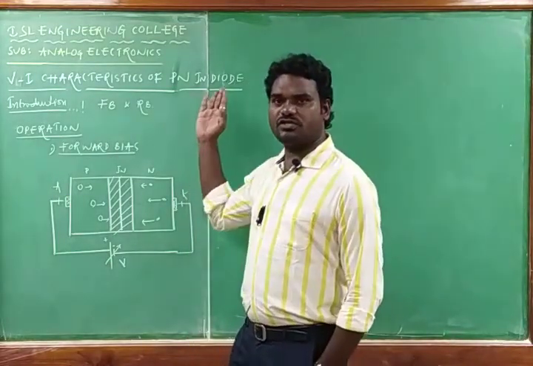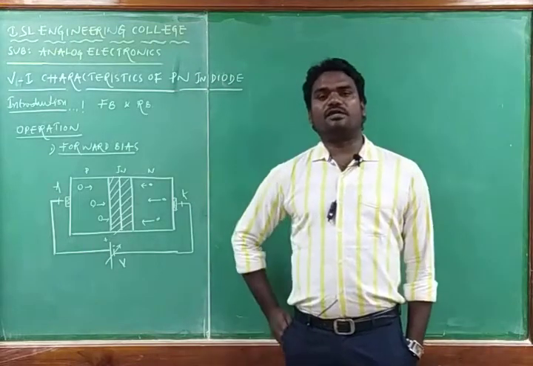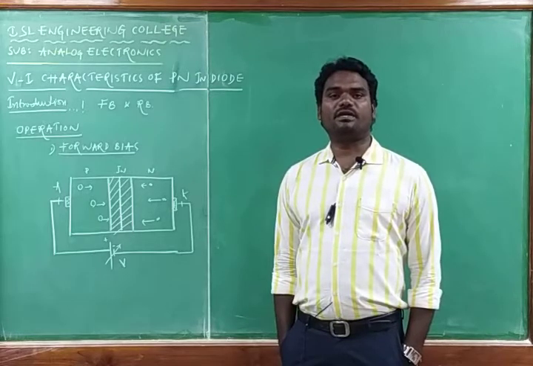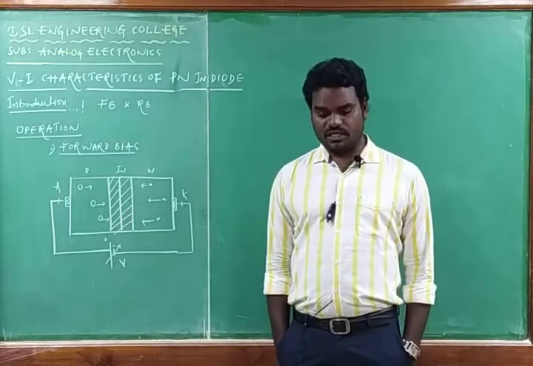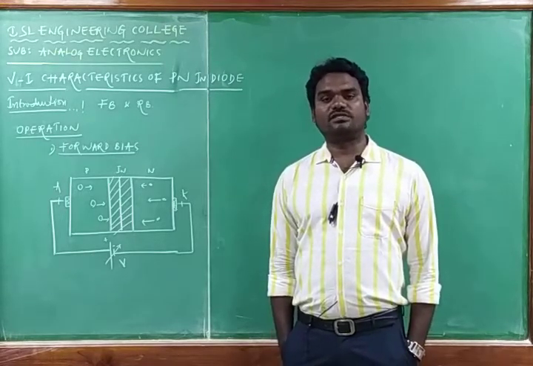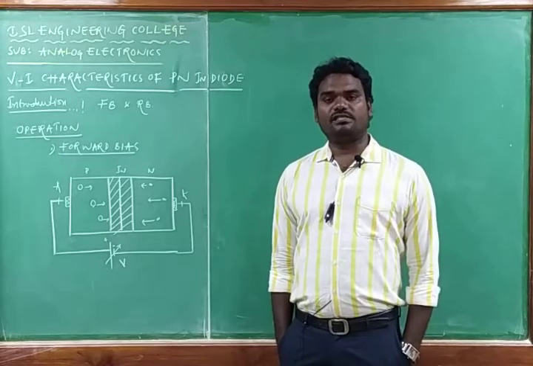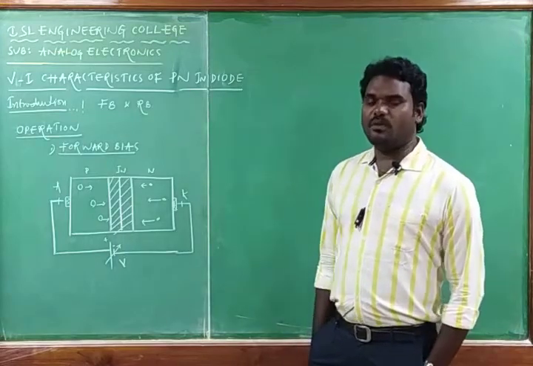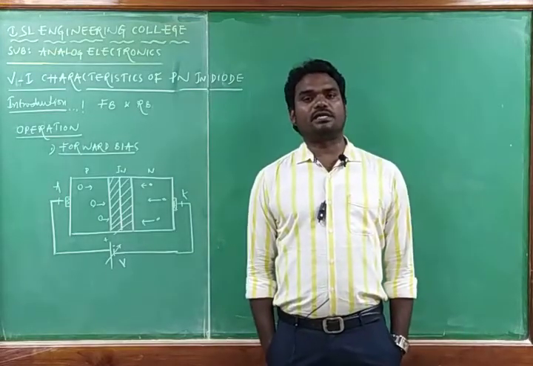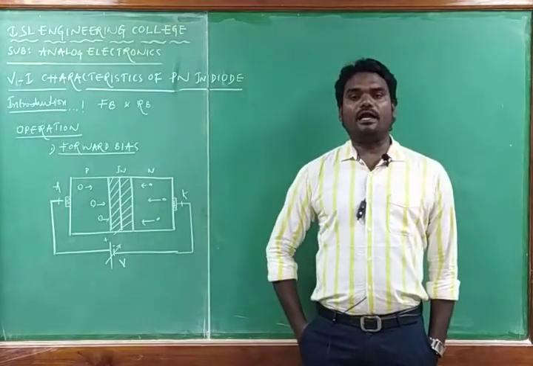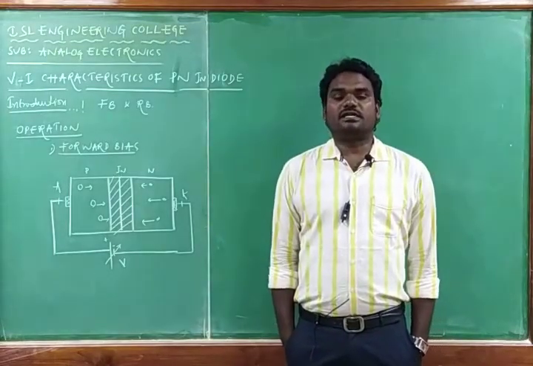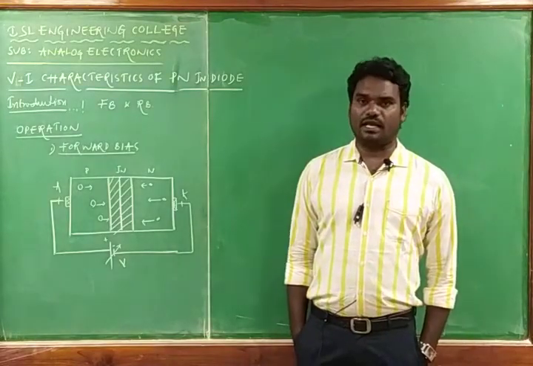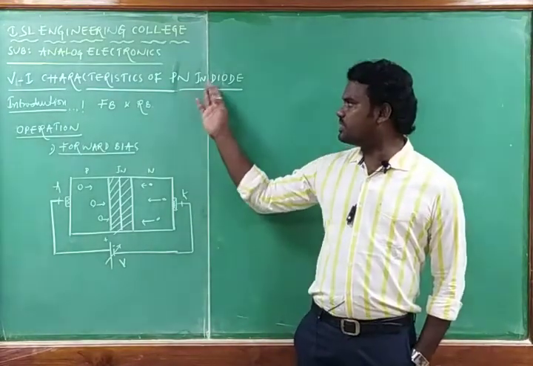We know the PN junction diode. A PN junction diode is a semiconductor material which has a junction between the P and N material. P is a material which has more positive charges than negative. N is a material which has more negative than positive. In P-type semiconductor, majority charge carriers are holes, and in N-type semiconductor, majority charge carriers are electrons. So P stands for positive and N stands for negative. That is about the PN junction diode.